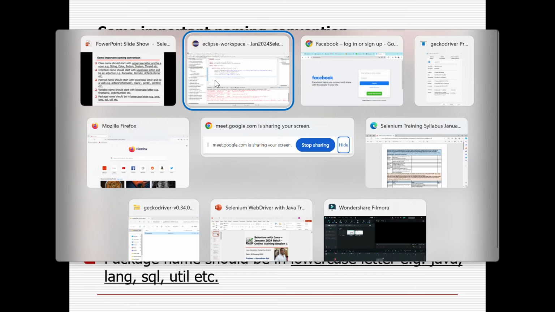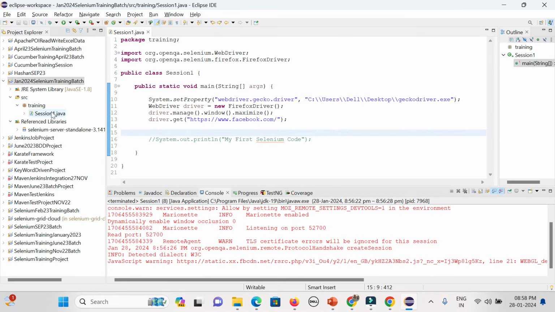So that is the way you can see here. I have created some classes with uppercase. Packages I have given lowercase. The driver variable I also started with lowercase. So that is syntax. Because if you are working for a customer or a company, you need to follow some protocol, called coding standard.